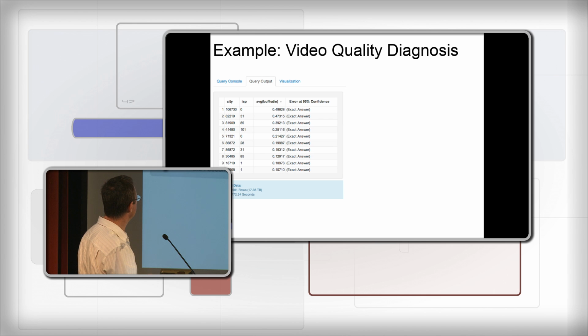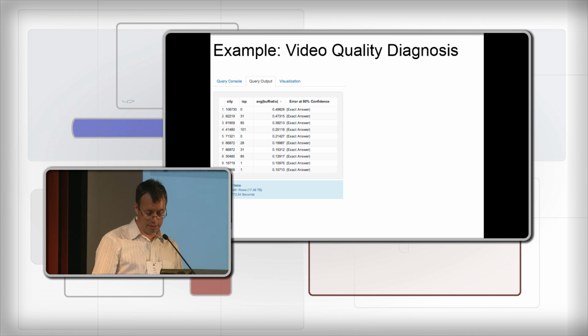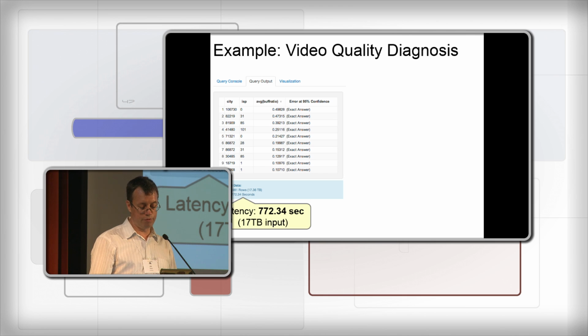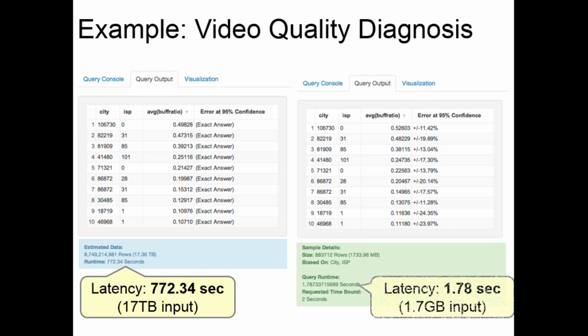It uses real data from Conviva, which is a company which manages video distribution on the internet. The data is anonymized, of course, and here we are looking at the worst performers in terms of quality. The quality here is measured as buffering ratio, you know, how much the video buffers. And they are grouped by city and ISP. The input data here was 17 terabytes. And a Hive query, I think on 100 instances in EC2, will take to run